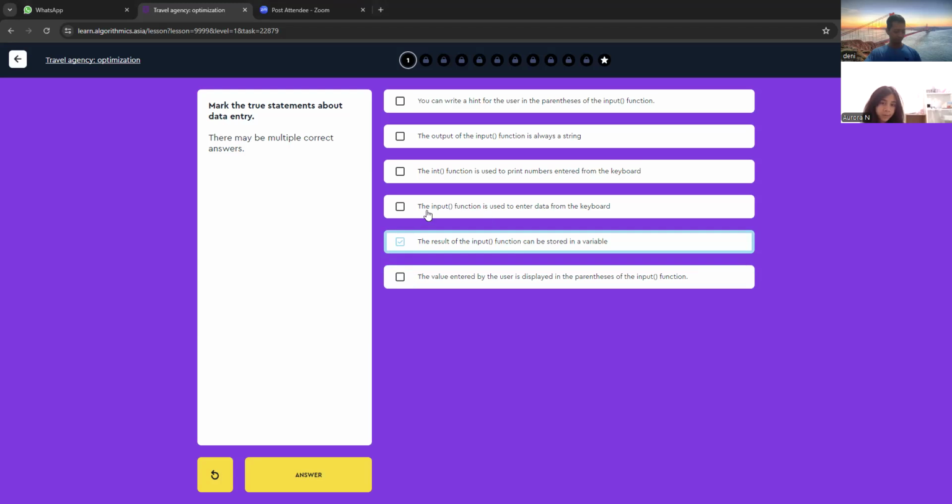The input function is used to enter data from the keyboard. The output of the input function is always a string. You can write the hint.